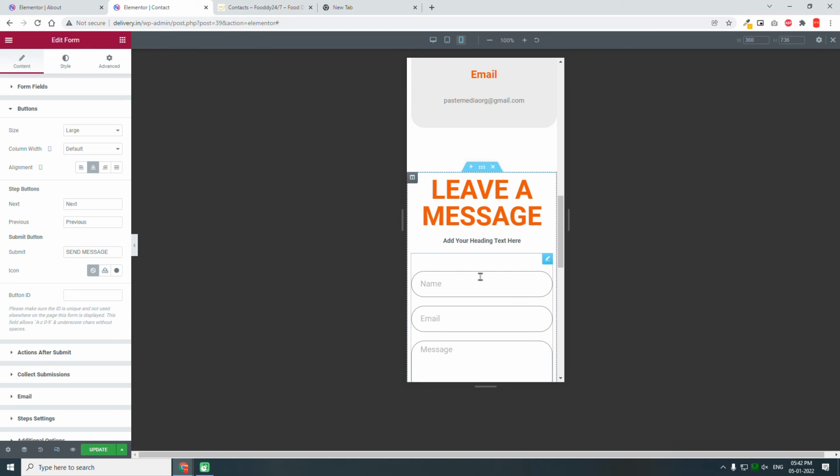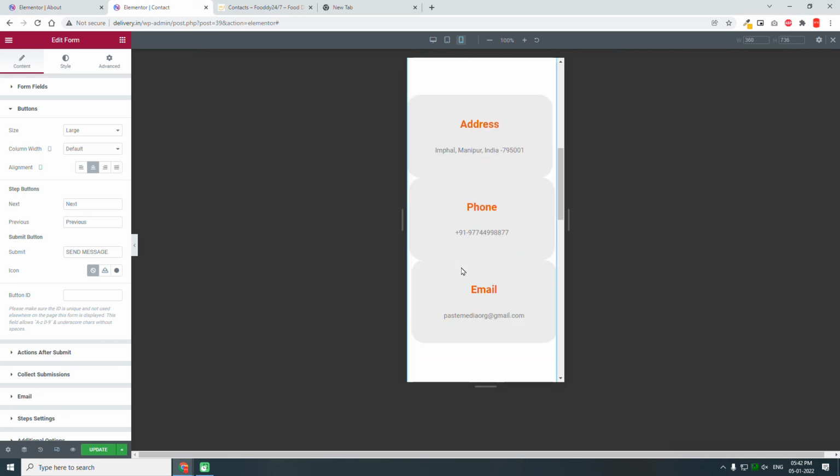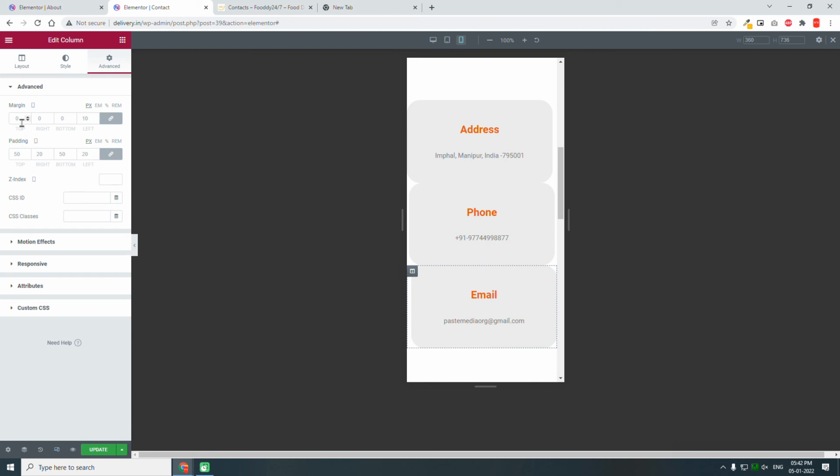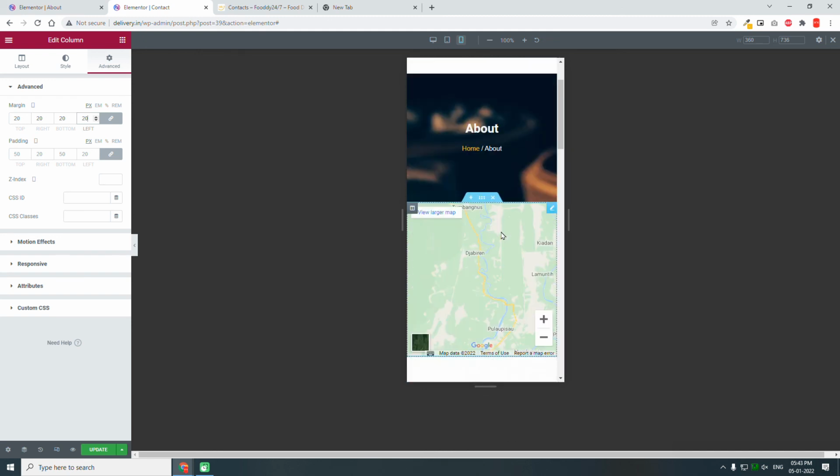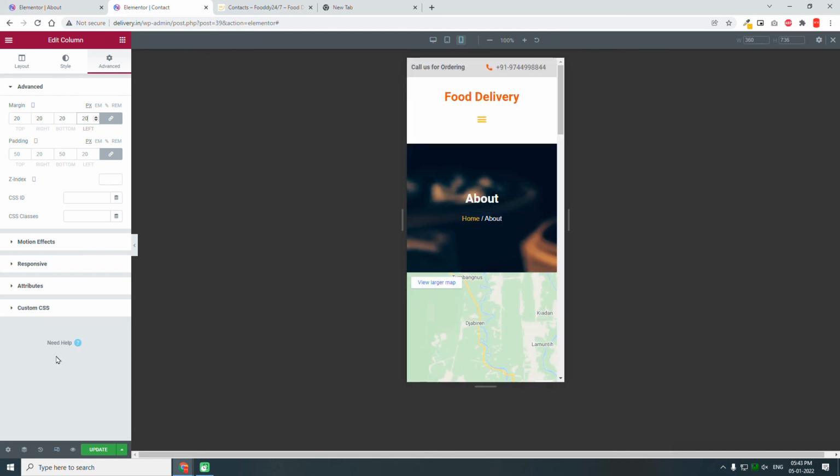And this is okay, but here as you can see it is not showing properly. So on mobile we can add margin to the top about 20. Same thing here, let's insert about 20. For the map, that's fine too. That's it